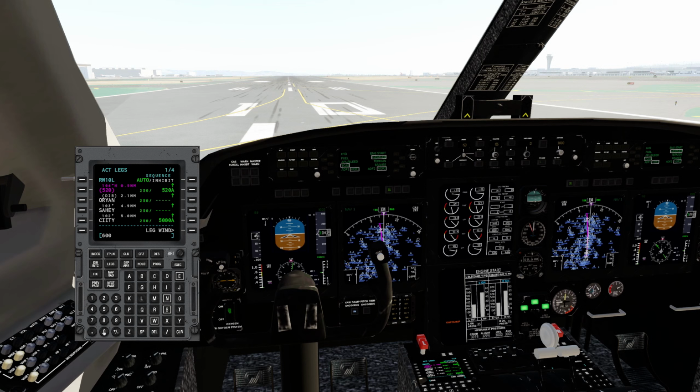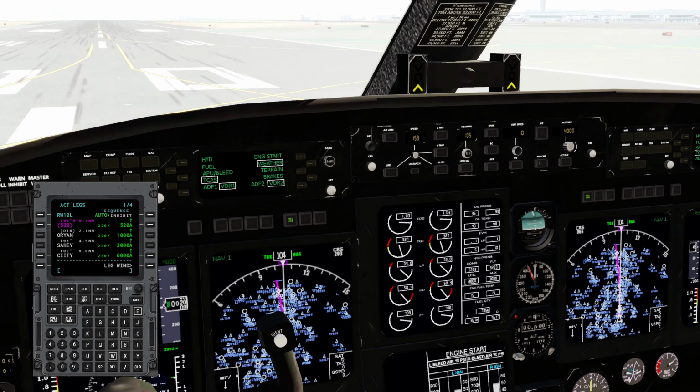Just to demonstrate, I'm going to change the altitude at the city waypoint to 6,000 or above. I don't have to do this, but I'm going to fill in the empty waypoints. The A in the number means or above, so 6,000A is 6,000 or above. You would put a B if you wanted it to be 6,000 or below. And if you wanted it to get to 6,000 at the waypoint, you would just type 6,000. You can also see the target speed in all these waypoints, and I'll show you how to change those later.